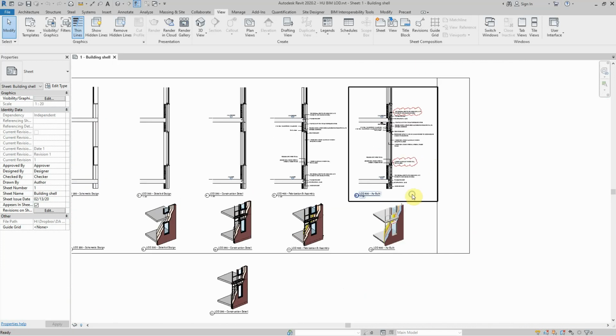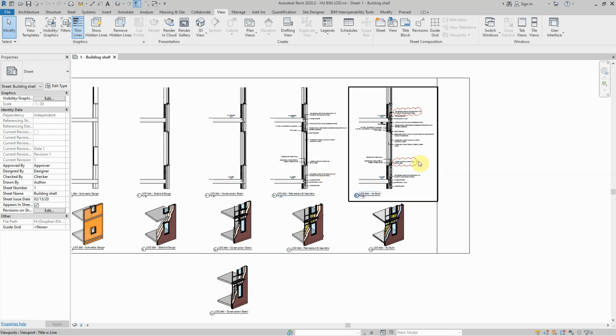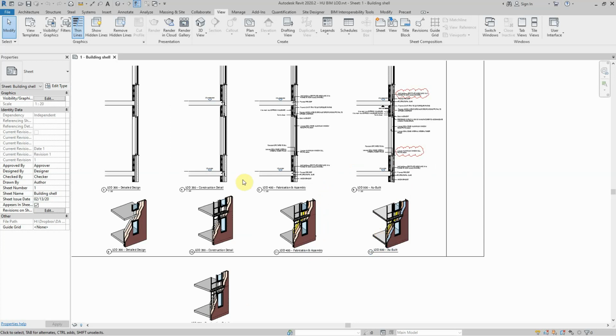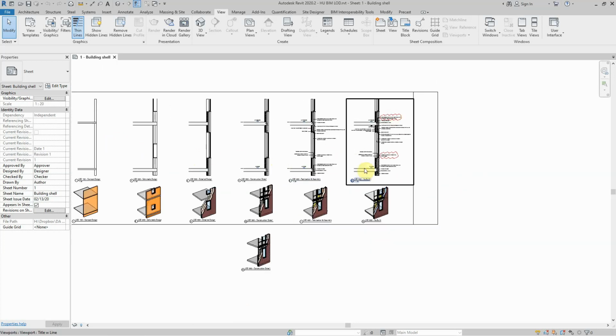And just to add to this, at LOD 400 stage is where we would recommend taking the 2D drawings out of this model, because only when you do the fabrication and assembly drawings is it the best time to issue it for construction to site. And this here just indicates the change in the cavity closer as well as the rigid insulation. So the as-built drawings come out in 2D. It's not just a 3D model that you get. You get 2D drawings at each stage. These two being the more important ones.